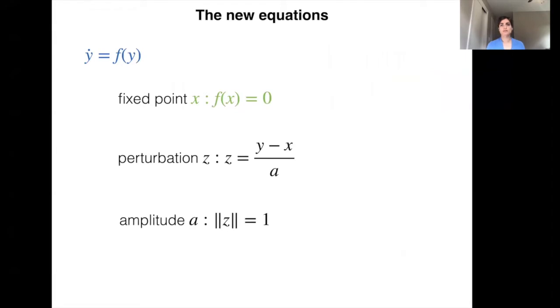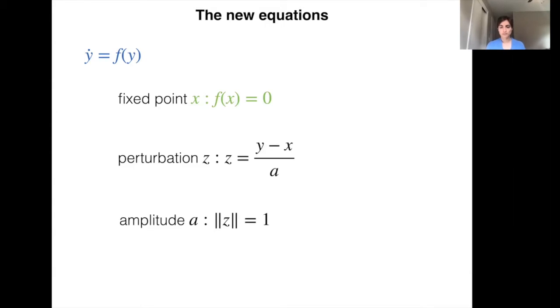But let's look at the form of the equations that we have when we're looking at an ODE system. So we have the derivative of y being f of lambda, y. The parameter has disappeared on the slide, but it's still there. And we are splitting this equation into 3 new equations. One is an equation for the fixed point, so we're just requiring that at x, our right-hand side is equal to 0. The last one is the amplitude, so we're requiring that the size of the perturbation be rescaled to 1, such that it never disappears. And the center one is the one we're going to devote a little bit more